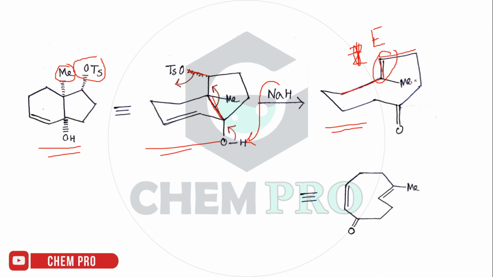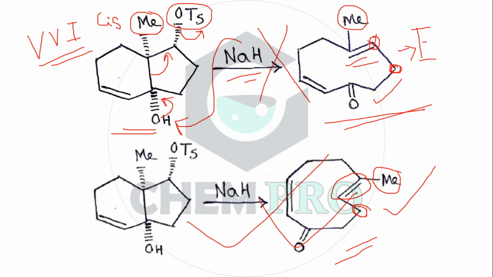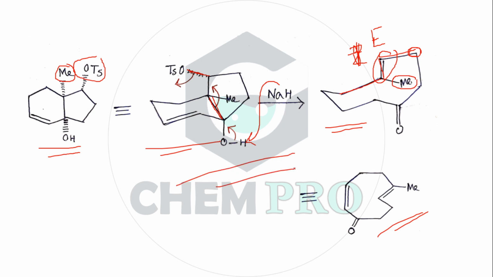Okay, now the point is that the methyl group is syn to this carbon, so the correct product is this. Okay, so this reaction is not possible, or the product is not the right one. So this is the right product. Okay, this is the right product, and this is the mechanism. Very important reaction. We can find the configuration of the alkene, that is Z or E, but we should go through the mechanism for the position of the methyl group.